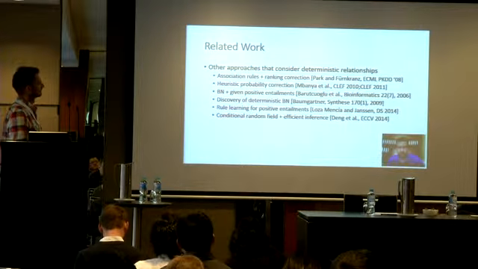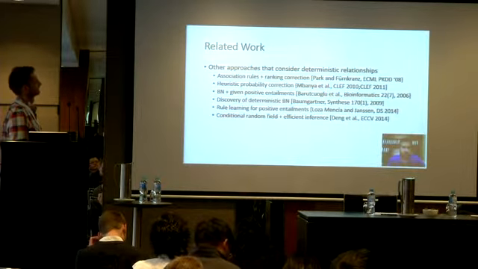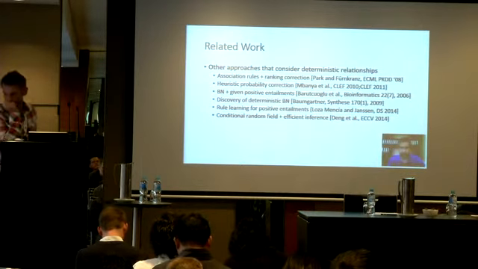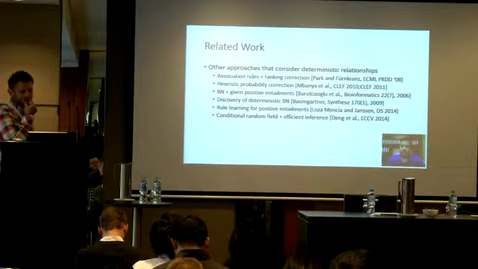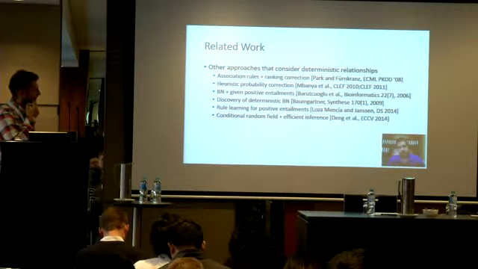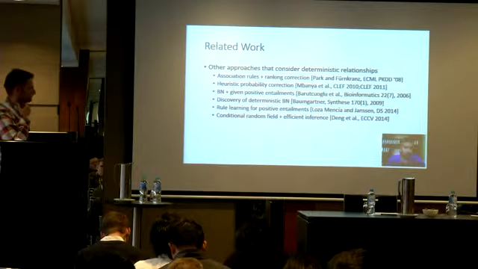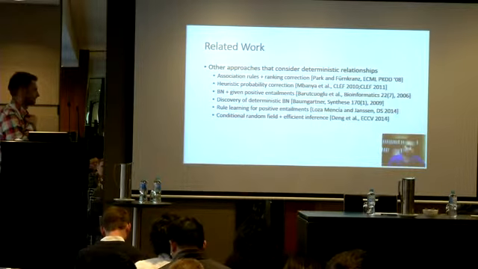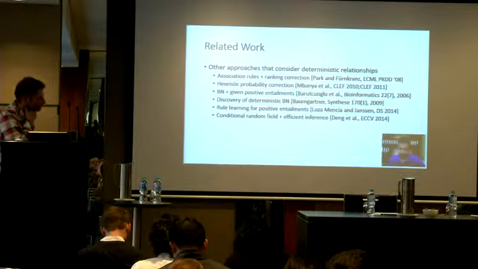Baumgartner's approach is theoretical and assumes that relationships satisfy all training examples, which is not the case with real-world data. The approach by Lochamessia and Janssen does not deal with probability correction and only looks at positive entailment relationships, plus it is limited to a specific learning approach, that of rule learning. The most theoretically appealing method is that of Deng et al., which was developed in parallel with us. It focused on a single computer vision dataset, and it employed a conditional random field plus an efficient inference process.